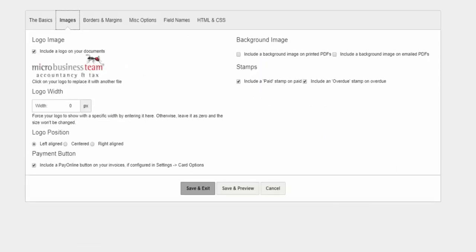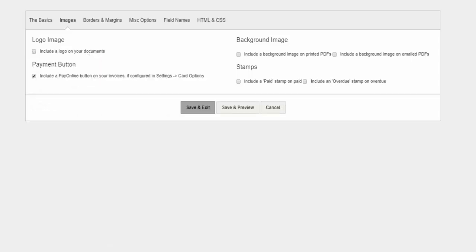Under images as well, on the right hand side, you can choose whether or not you want an overdue stamp on the invoice if it's been unpaid, or if the invoice has been paid, it will show a paid stamp. So you can just tick or untick these if you wish to. On the right hand side, you'll also notice there is an option for background image. This gives us the ability to, instead of uploading a logo onto the invoice, fully customize